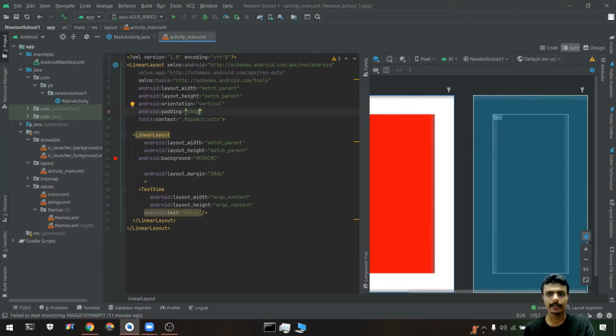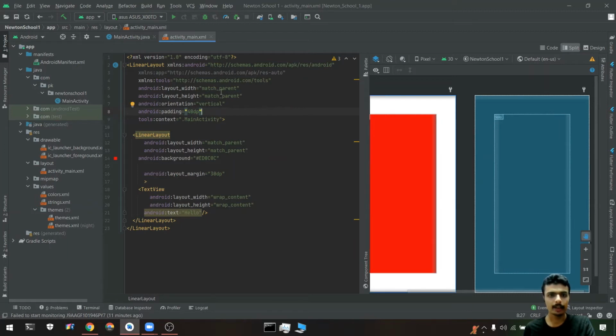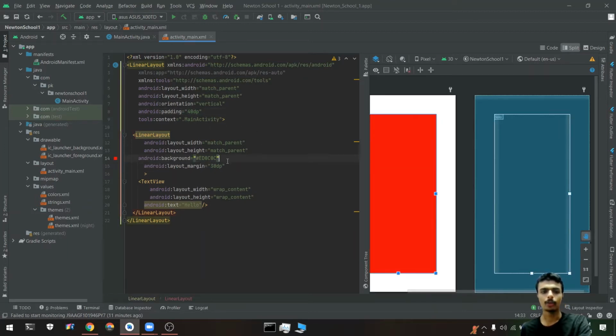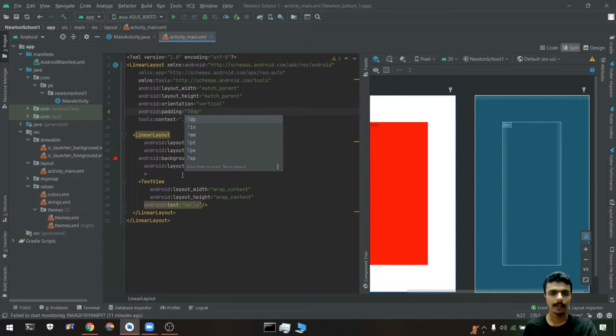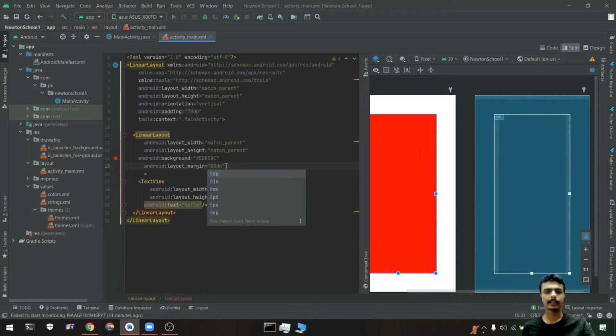See, this is my linear layout, you can see it in the blueprint also. It has a padding of 40 dp, plus a margin of 30 dp, so a total overall of 70 dp. So I can write 70 dp here and remove that margin from here. It's kind of the same.